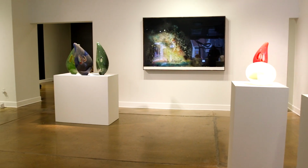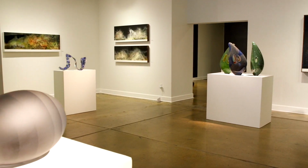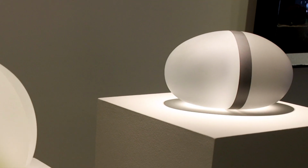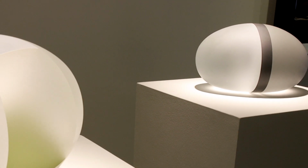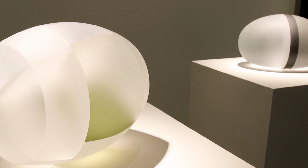The title of the exhibition is Microcosm, and the reason for that exhibition name is that all of the artists in the show, their work is about organic life and how it relates to their own individual processes. Jiyong Lee takes optical quality glass, which is very heavy and very dense, and he's able to precisely cut it